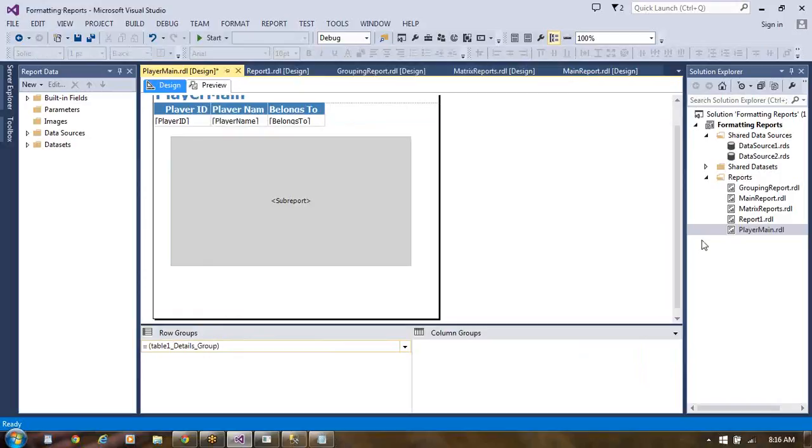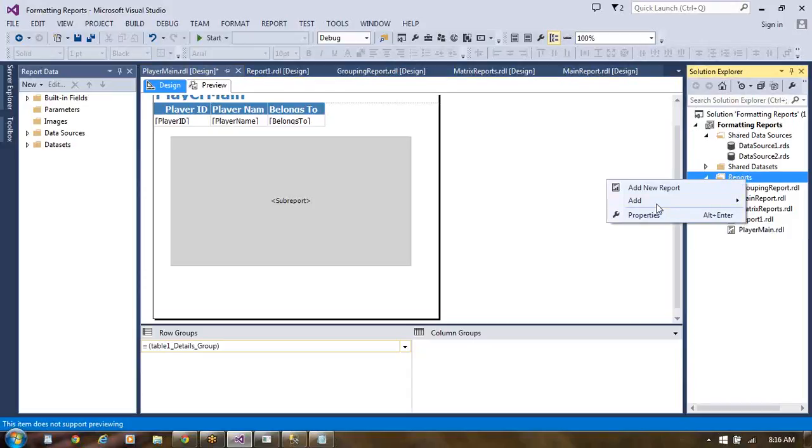We must make a player sub report. Without making the sub report we cannot do that particular thing. We made a master, then similarly here we need to make a player sub report. Go to this, try to create another. Add here new item, then put it as player sub report.